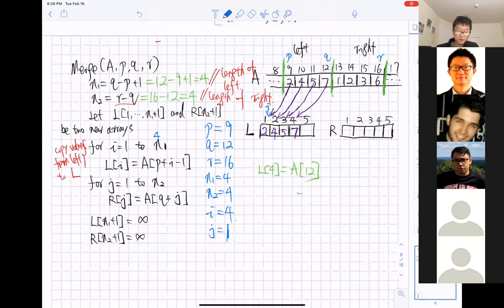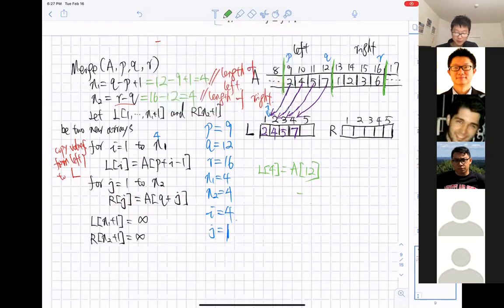Again we are going to use j as the index.